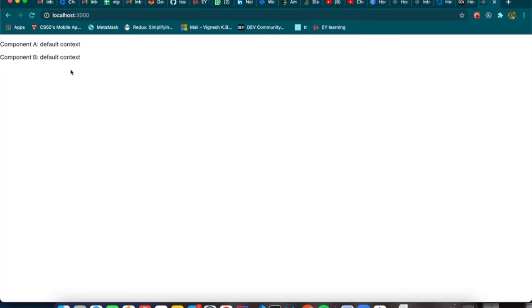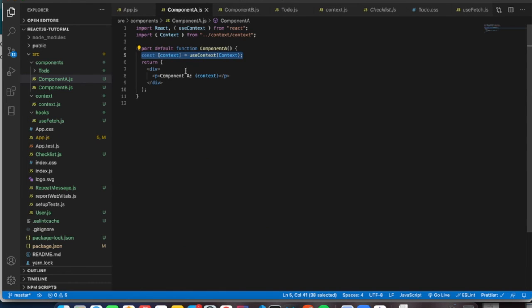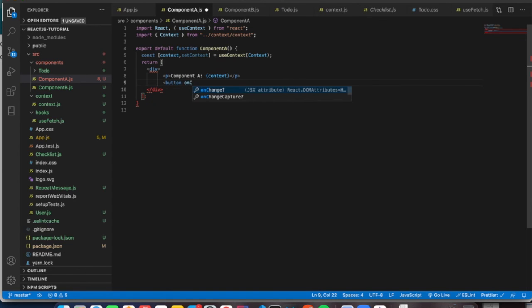There is also one more thing. We have just read the context, right? Let's try to change this context as well. In component B, I will import the setContext, and we will try to change it on a button click. So I will add a button with an onClick.